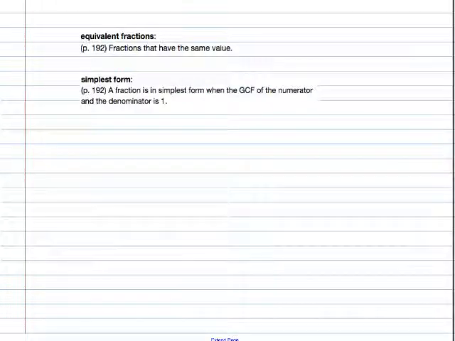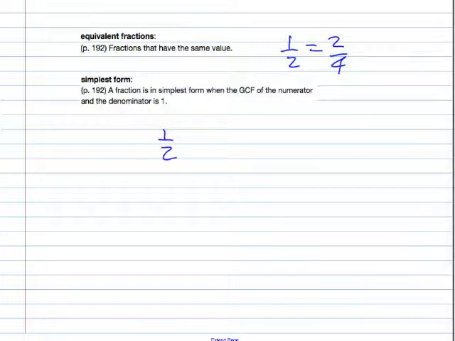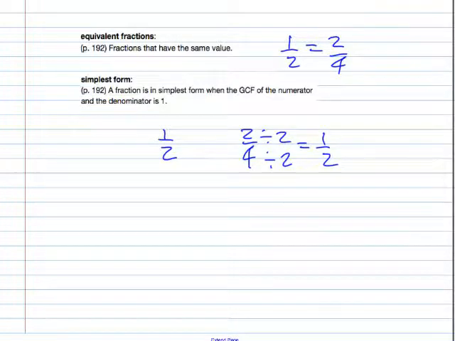The vocabulary from this lesson: equivalent fractions are fractions that have the same value. An example would be 1/2 and 2/4. A fraction is in simplest form when the greatest common factor of the numerator and denominator is 1. In the above example, 1/2 would be in simplest form because the only common factor 1 and 2 have is 1. 2/4 would not be in simplest form because both numerator and denominator have 2